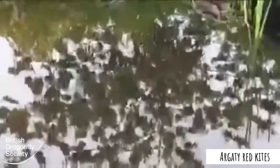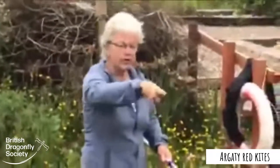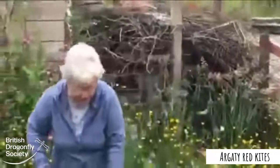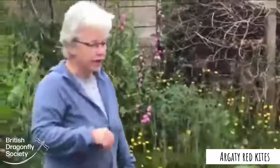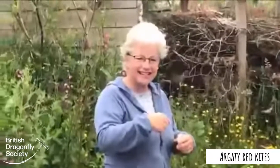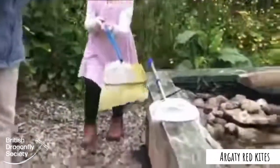Whirligig beetles are pretty cool. I think they're called whirligig, Sandra, just because of the way that they swim around. Is that right? It's just the movement in the pond. They're constantly going around in circles. That's good. They live in groups for safety. Oh, there goes the frog, Rowie. They all group together and travel along, looking for food. And have you already said about the two sets of eyes? No. So they have 2 sets of eyes. They have a set on the top of their head and a set underneath, which means that they can be